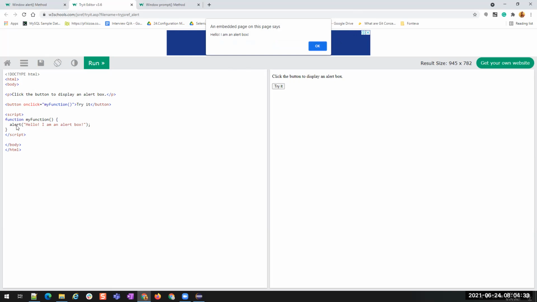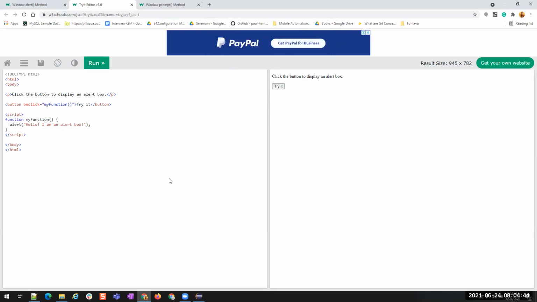Why? There is no input or OK button. There is only one try it button, that is this. Why is it not having this code related to OK? Because this alert is not an HTML alert or HTML pop-up. It is a JavaScript alert. Okay. Since it is a JavaScript alert, we do not have any HTML code to handle it. Selenium means you have to find the element using its HTML attributes or HTML properties and work on it. But these alerts do not have the HTML code, right? These alerts do not have the HTML code.